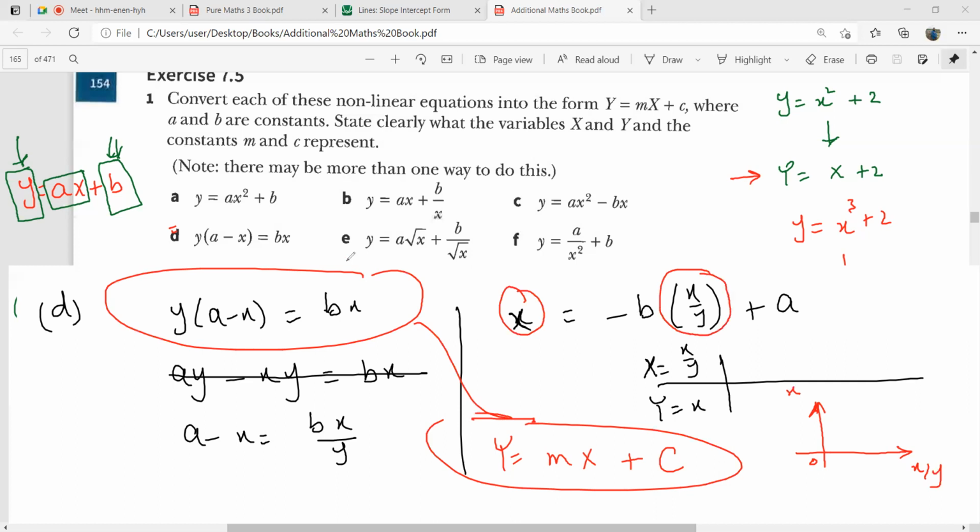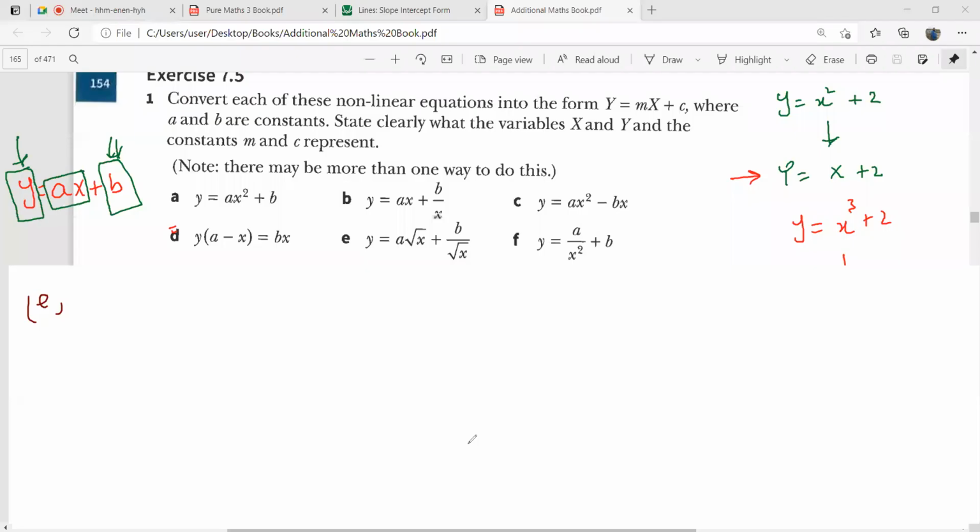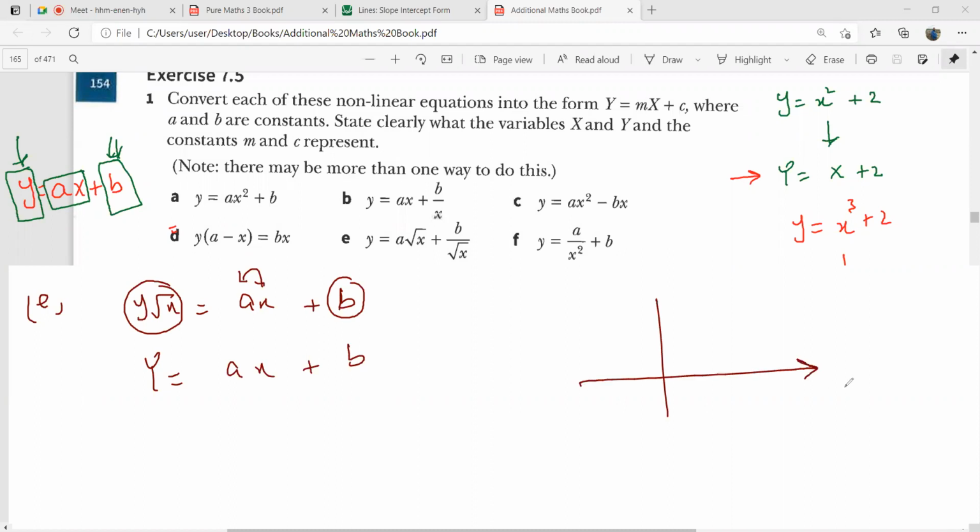Now guess how you would be changing this e and f part into the required linear form? Okay, in this part you can simply multiply the whole equation by under root x. This will be y under root x, that is ax plus b. That's it. You have got three terms. This is all variables. This is all constant. And this one is a combination of a variable and a constant. That's it. This is your y. This is your x. So x remains as it is. That means this is your x-axis, and this is going to be your y under root x-axis.